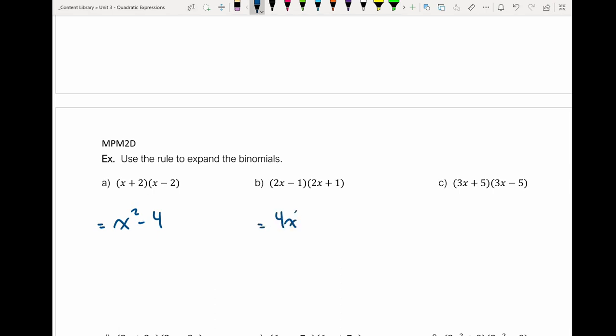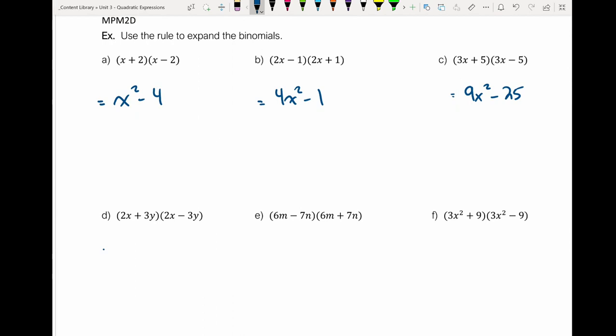Here it'll be 4x squared minus 1, 9x squared minus 25, 4x squared minus 9y squared, 36m squared minus 49n squared, and 9x to the power of 4